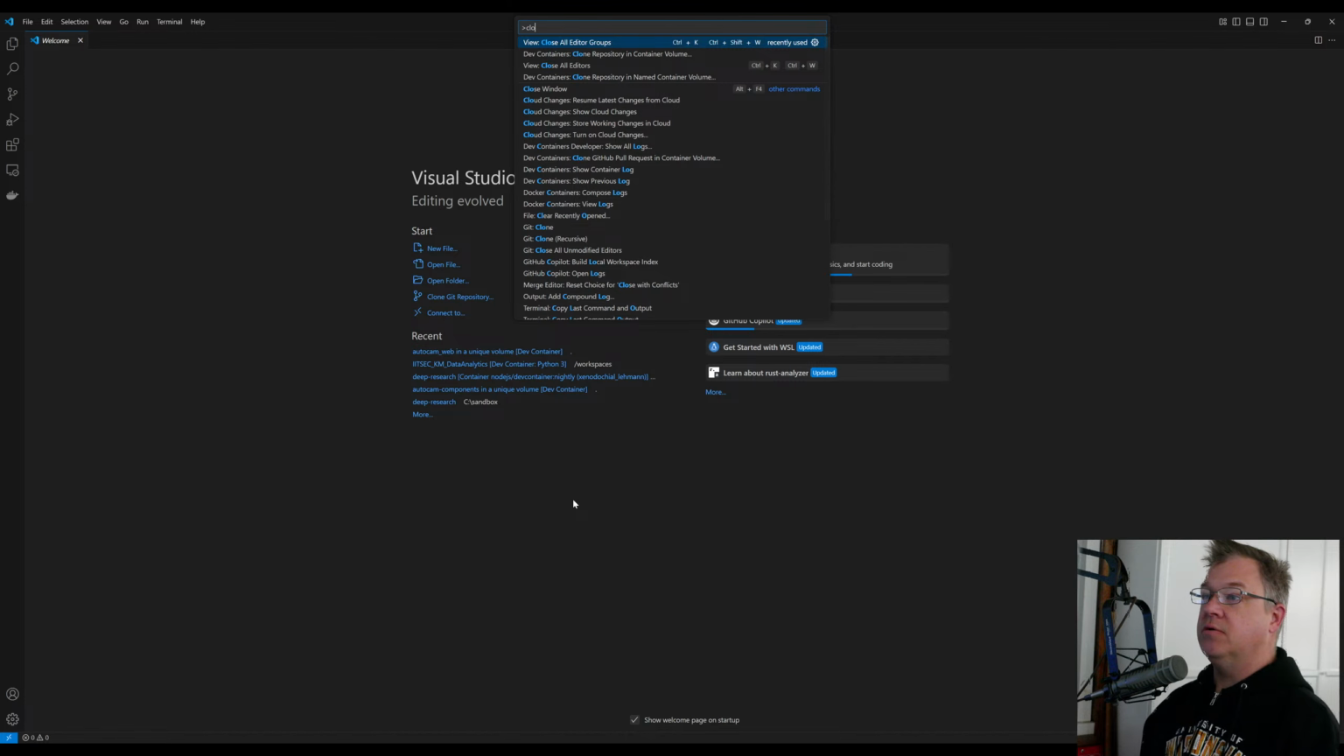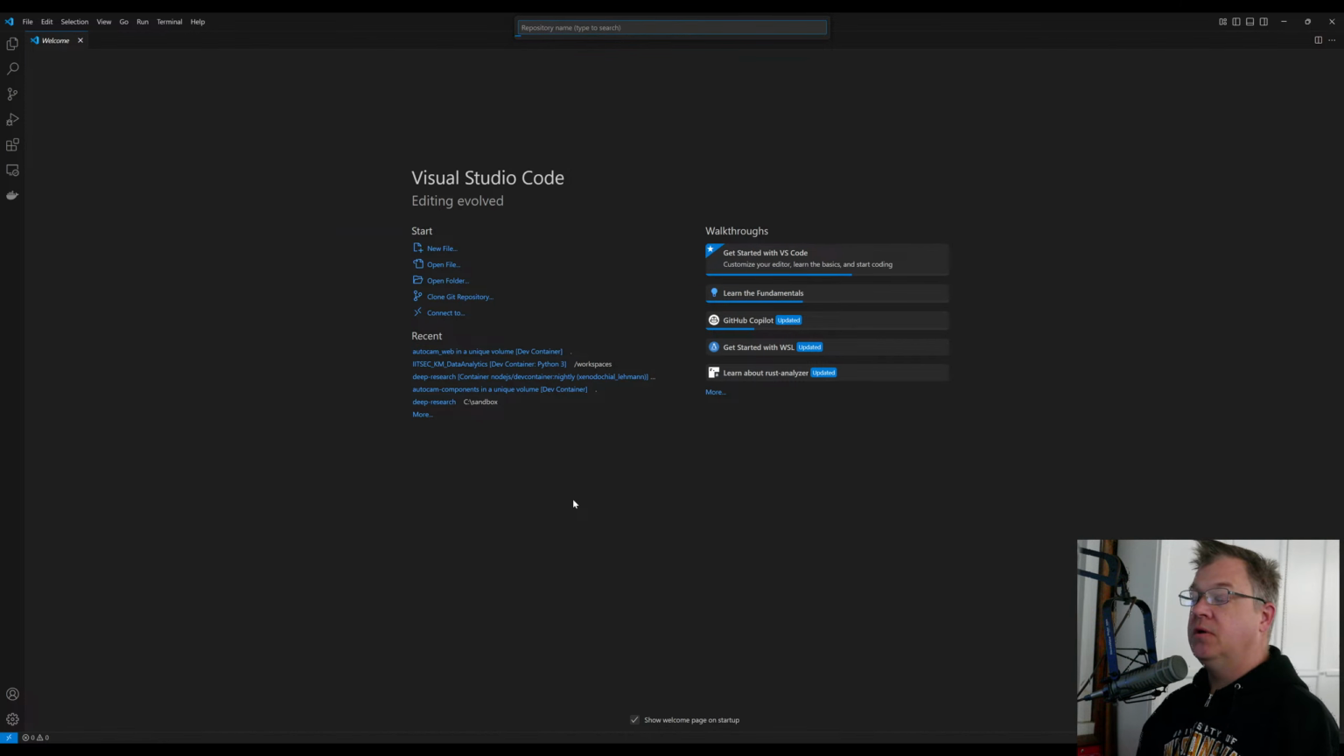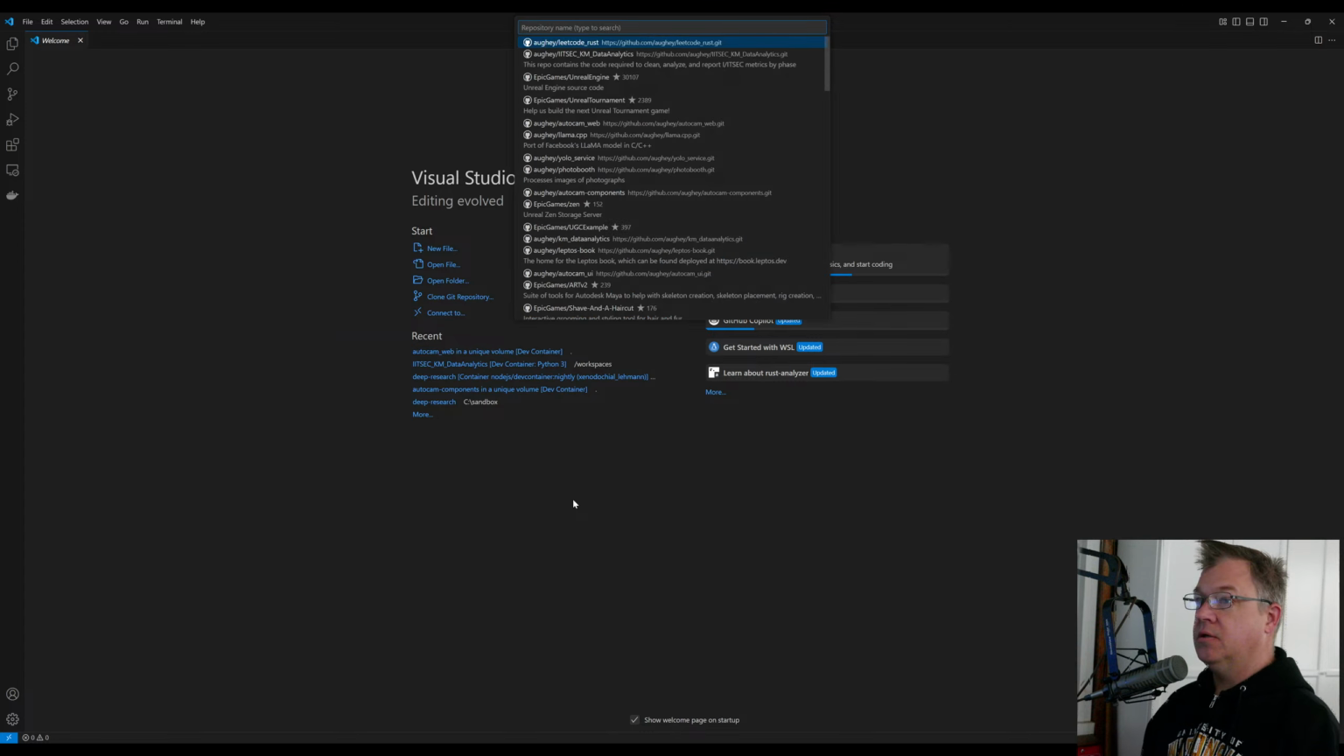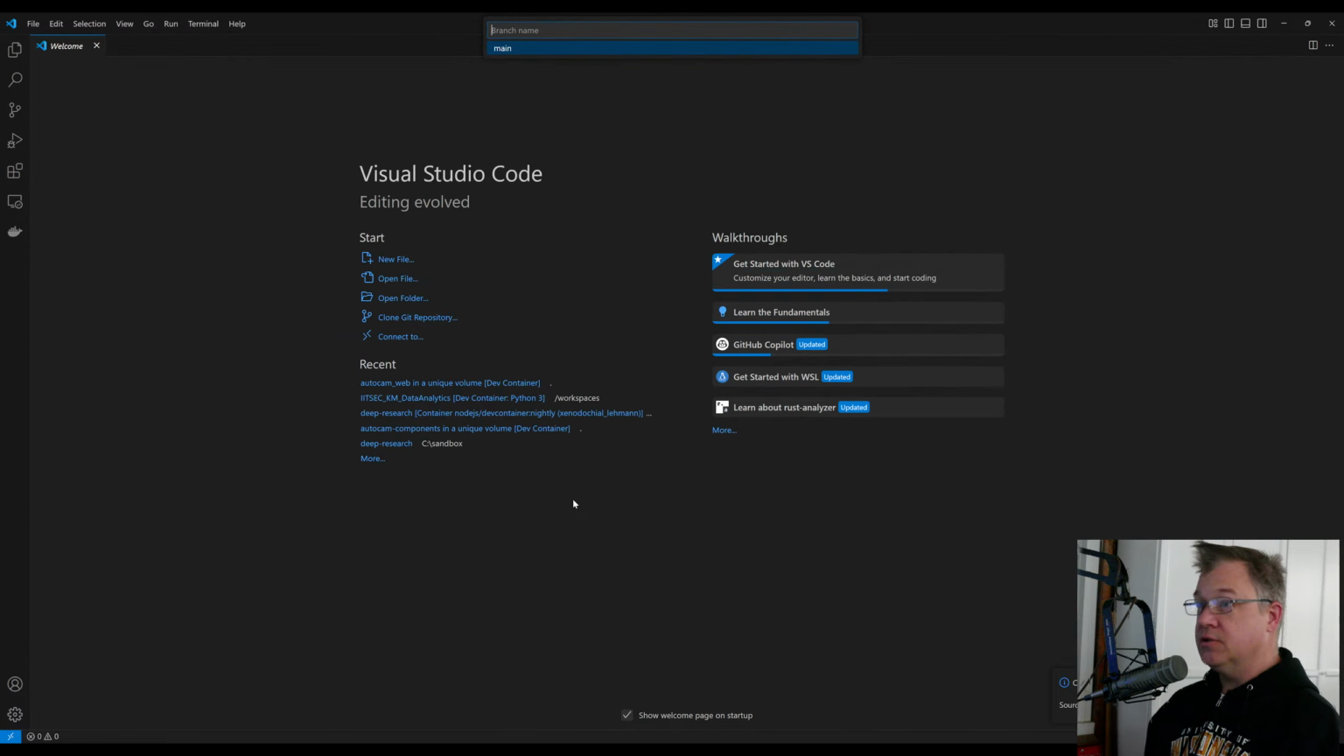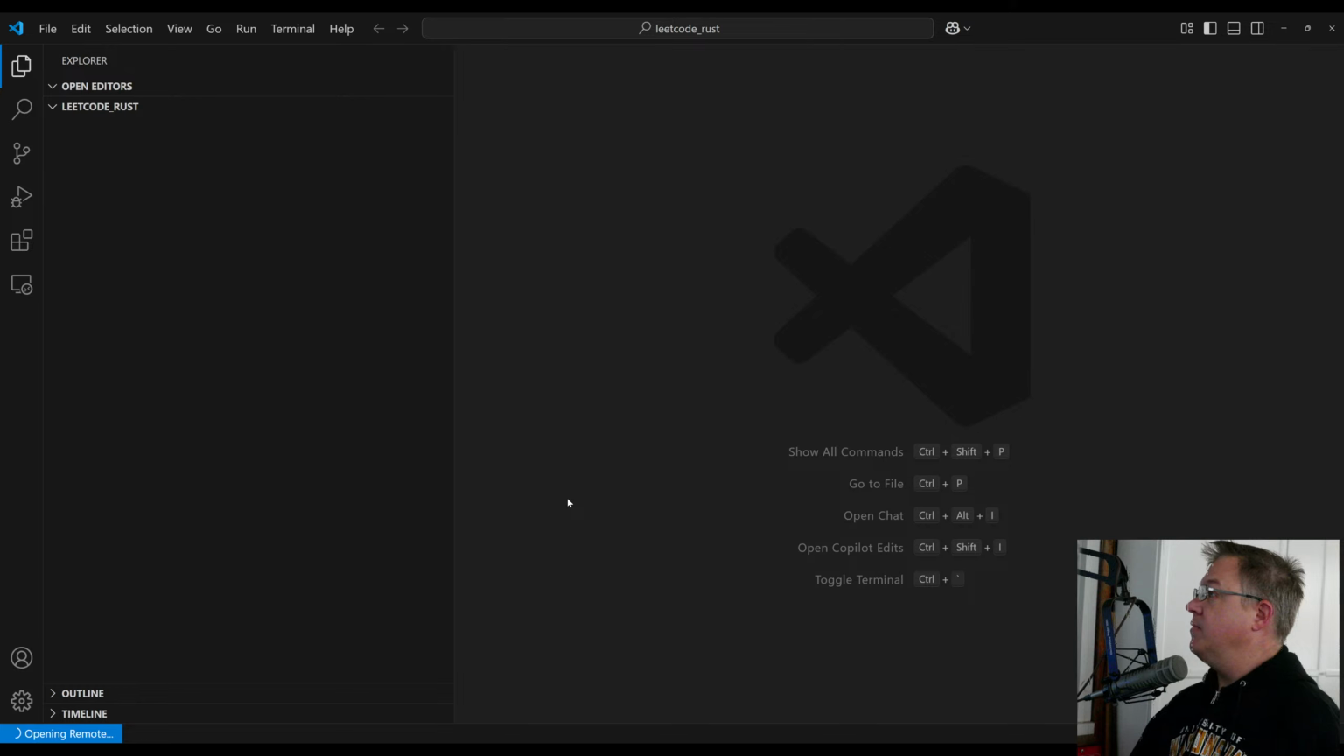So I want to clone repository and container volume. I'm going to grab it from GitHub, and we're going to grab LeetCode Rust. And we're going to grab the main branch. So I do